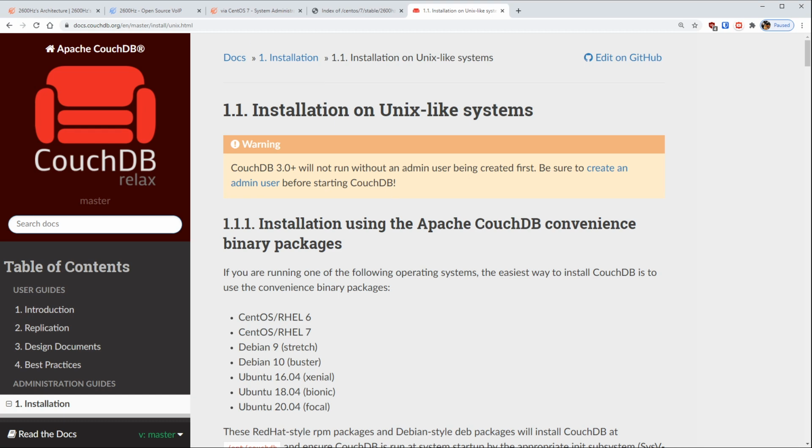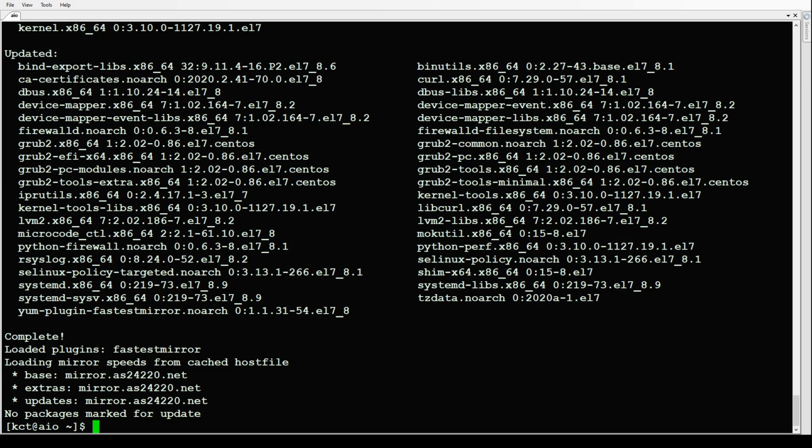All right, back over to our terminal. Our updates are done. Fantastic. We're going to want some quality of life base packages first, like the extra packages, Yum Utils, PSMISC, Nano, wget, all those kinds of things. So let's do that right now. So let's yum install